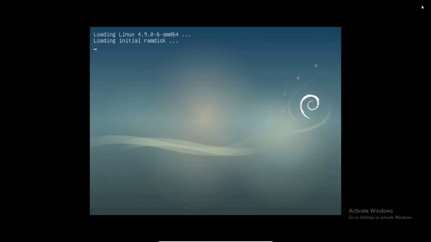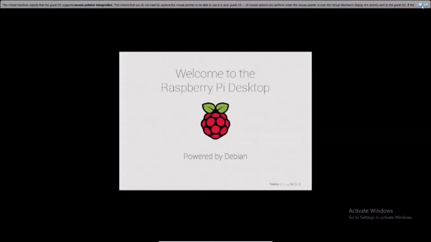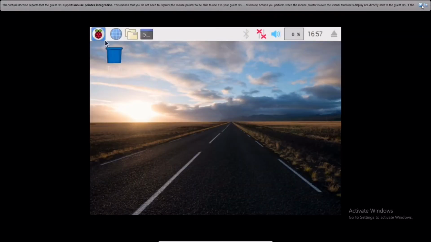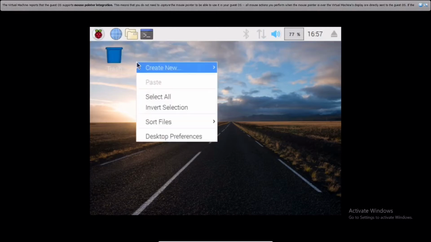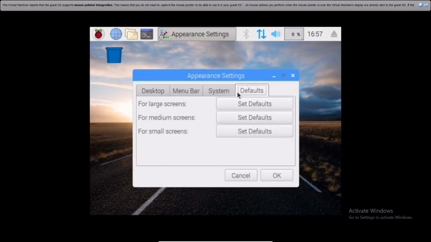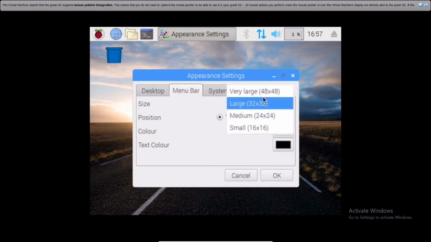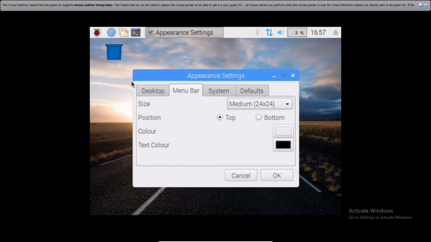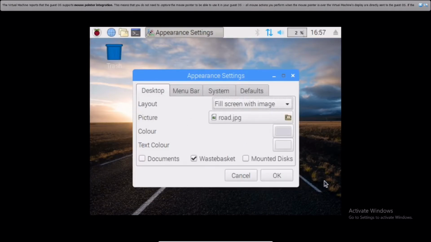Enter. Technically, it's the exact same process. You can wait for it to automatically start or click enter upon boot up. Okay, so I'm going to click desktop preferences, and it'll give you a couple